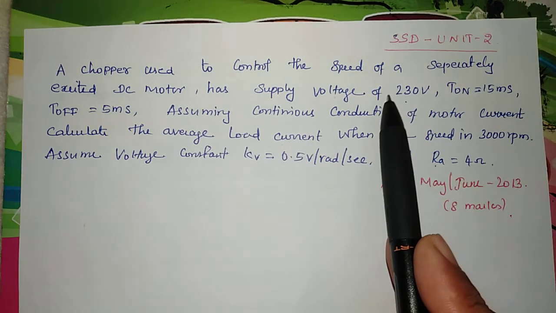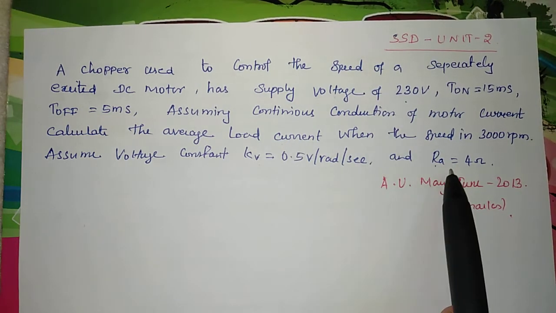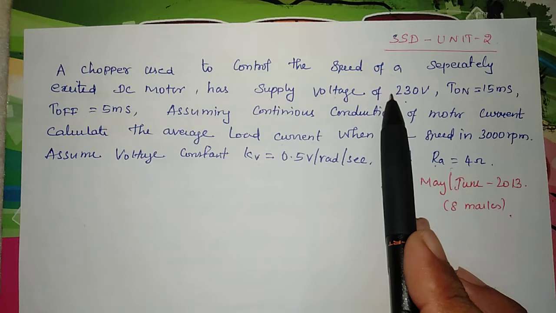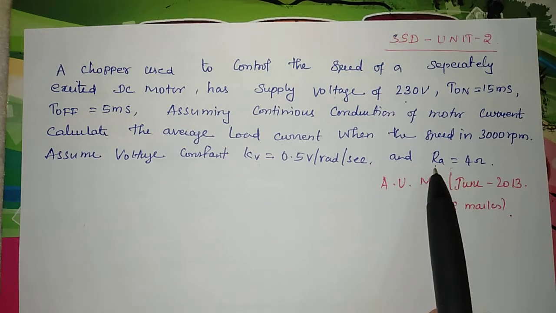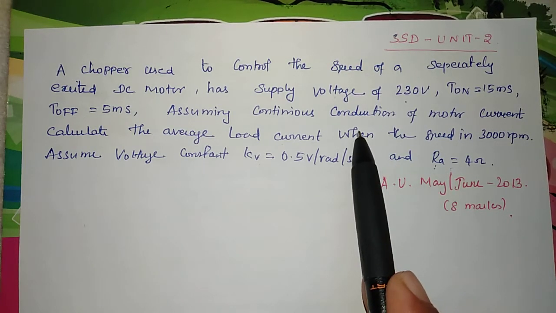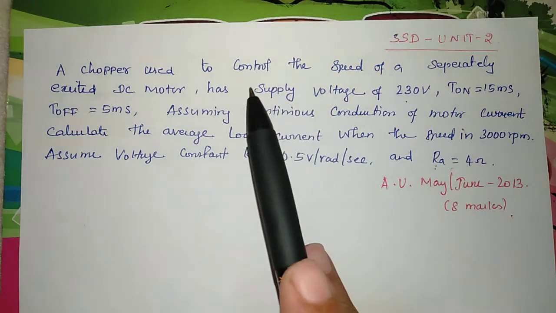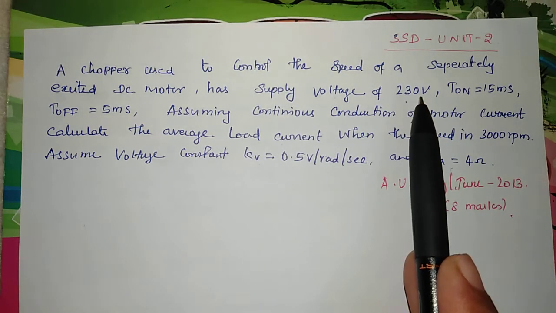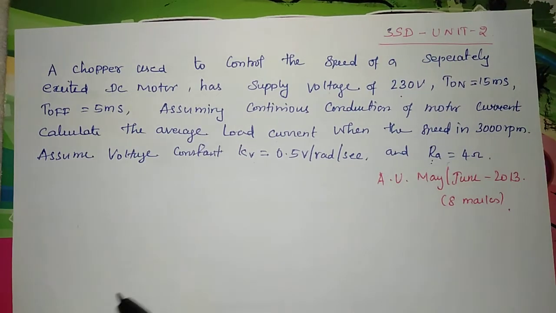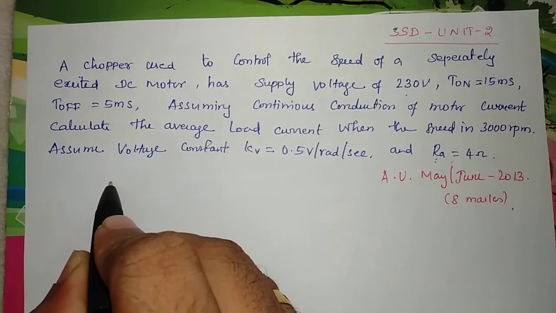So simply, the load current is asked. Some people may think of VA, that is the voltage, and this is the resistance. So with voltage and resistance, according to Ohm's law we can find the current. If you do it like this, the answer is wrong. So this is the identification we need to make. First we need to write what the given data are.